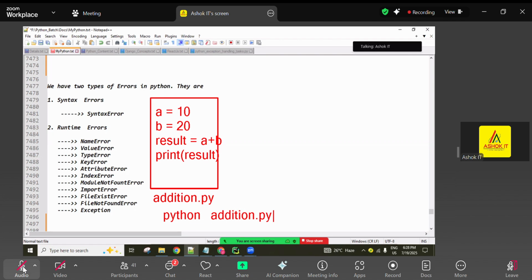Okay, here one extra d entered, no problem. So any name, if you are using that same name, we can use python space file name dot py. Using command prompt, we can execute like that. So whenever we are executing this Python source code, guys, it goes top to bottom, line after line, checking